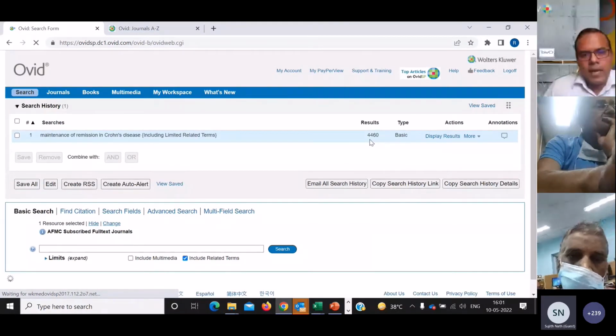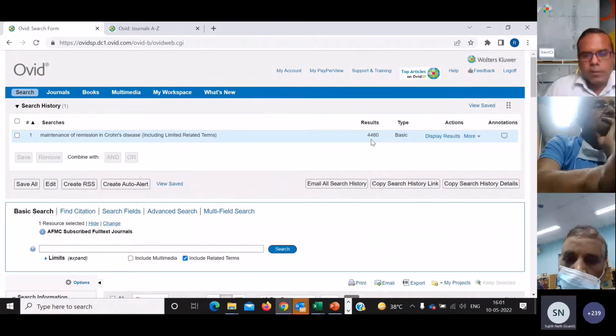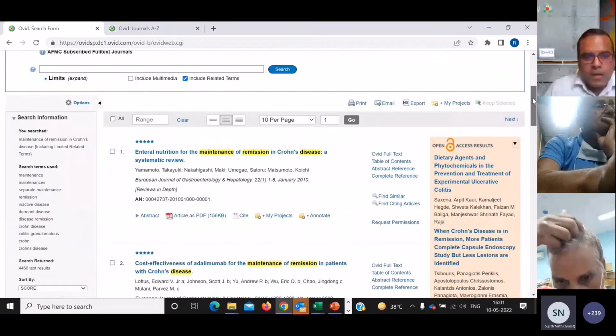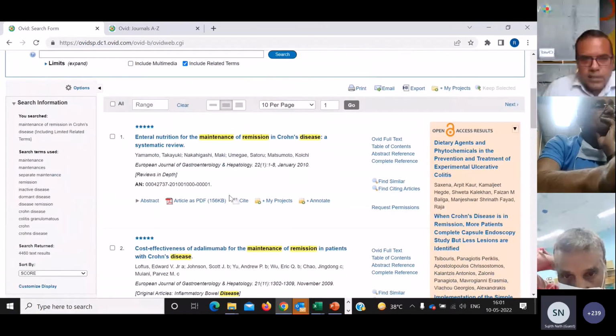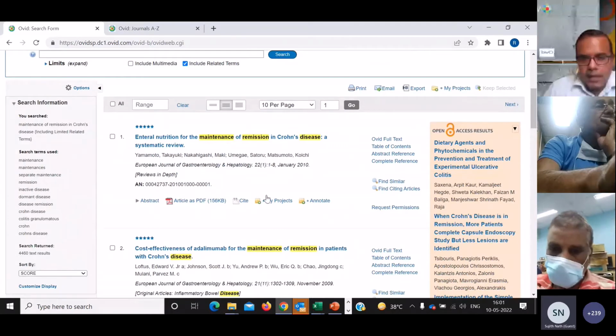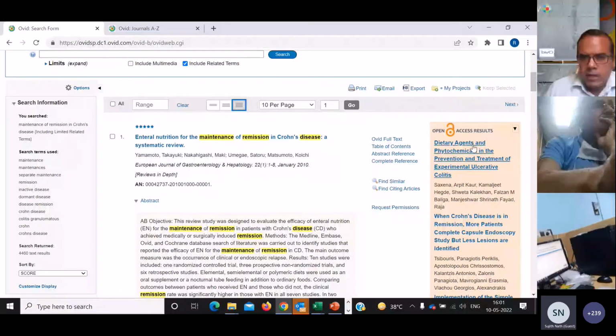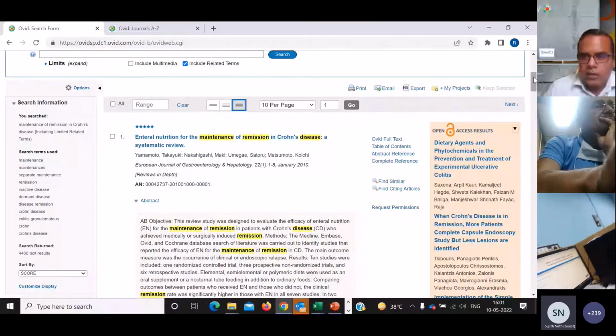So here you can see we have more than 4,000 results, to be precise 4,460 results. Now you must be noticing that the results are coming, and if I use this, I can read the abstract for it. There are colors coming, like yellow color. Yellow color indicates,